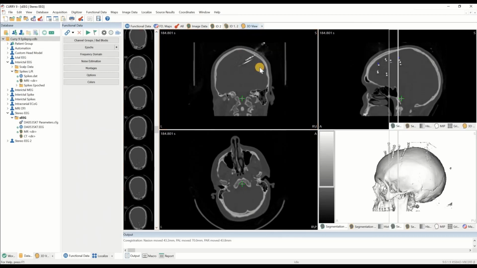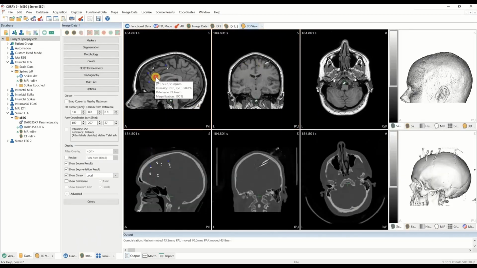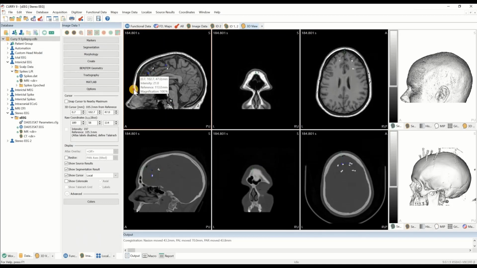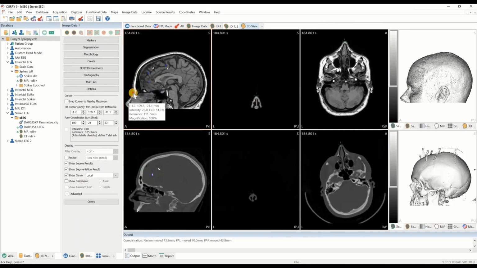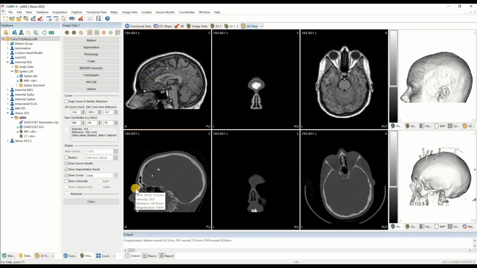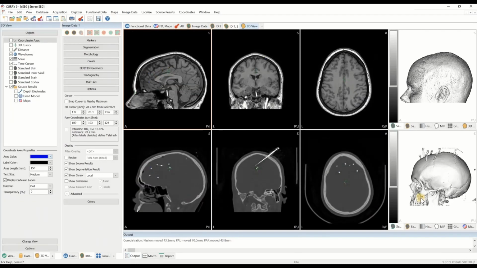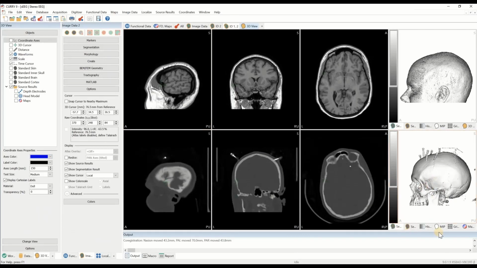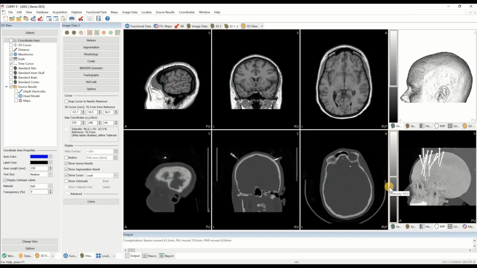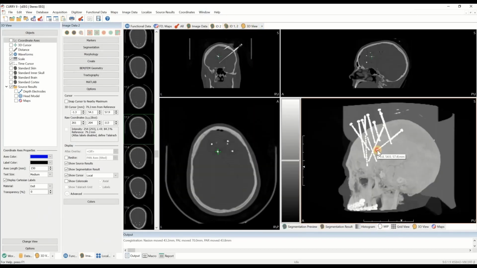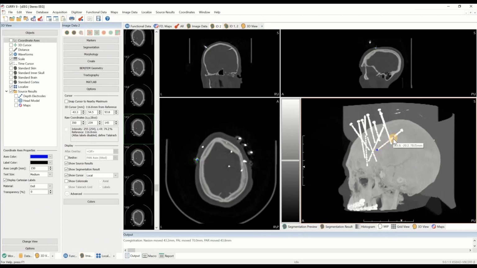And now we have both image data sets in our study, and any location I mark in my MRI data will be the exact same location that is marked in the CT data. So we can make use of the information from our CT data to generate the locations of our stereo EEG contacts. And there are multiple ways to do this. One is we can use the maximum intensity projection view to again select the target point of one of our needle and then another location along the trajectory,